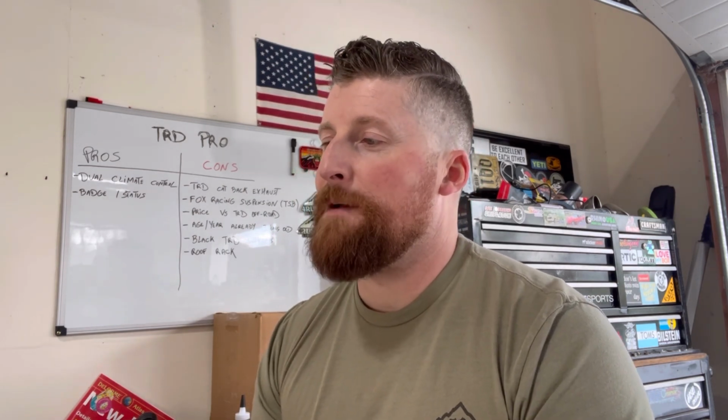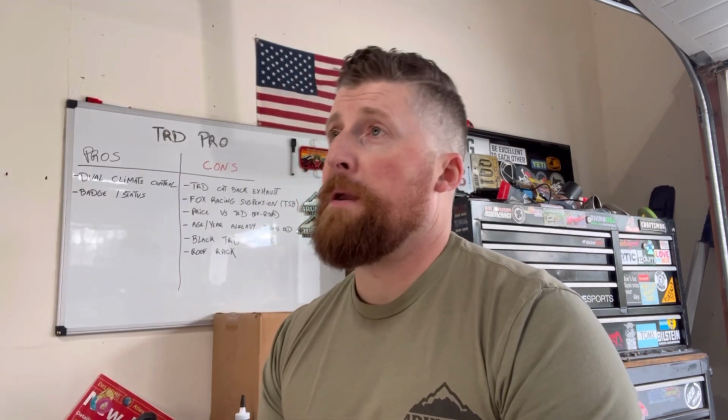For a nice clean example of a TRD Pro 2020, as I'm sure you guys know that is what we're talking about here, so it's a 3-year-old car by now, the prices were about $5,000 to $6,000 more than what I paid for my 2022 TRD Off-Road Premium. Not to mention, some of these examples were with